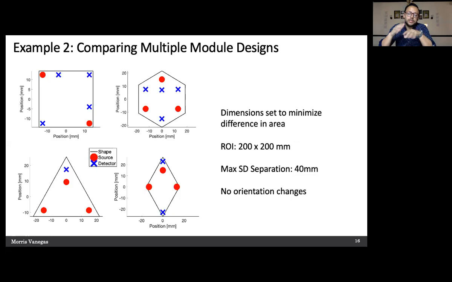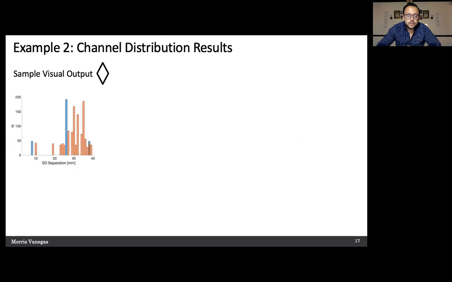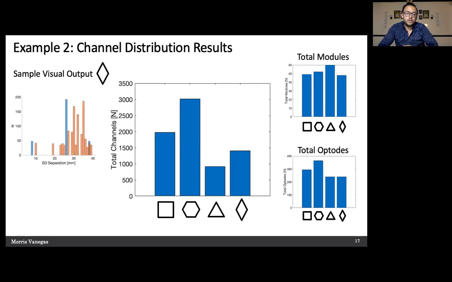The max channel separation is 40 millimeters, and orientation changes aren't allowed. So let's take a look at the outputs. The channel distribution for the diamond module probe shows that the probe favors source detector separations between 25 and 35 millimeters. If we look at all 4 modules, although the highest number of channels resulted from the hexagon-based probe, it